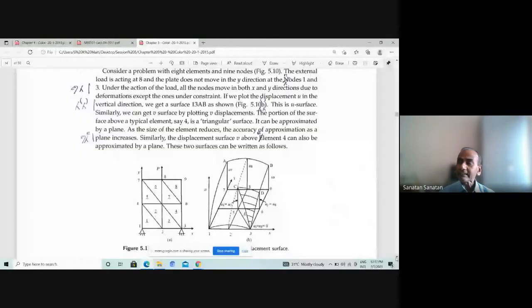So therefore, if you are interested in finding out the displacement over this whole rectangular plate, you try to get it converted into determination of displacements with this assumption of displacement field variation within each of the elements in terms of displacement only at the corner nodes. So the problem of infinite degrees of freedom. If you try to take an infinite number of elements, there will be an infinite number of corner points, and you try to write the displacement field in the whole body in terms of the displacement at the corner nodes.